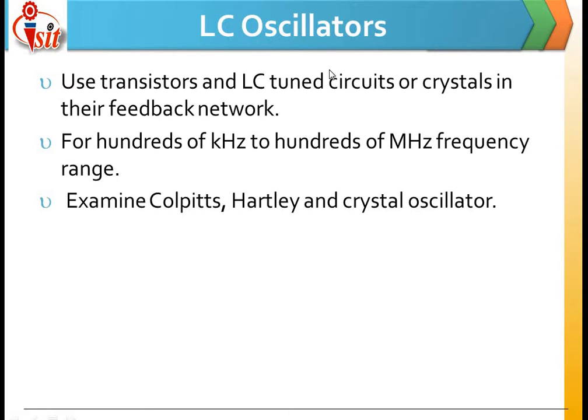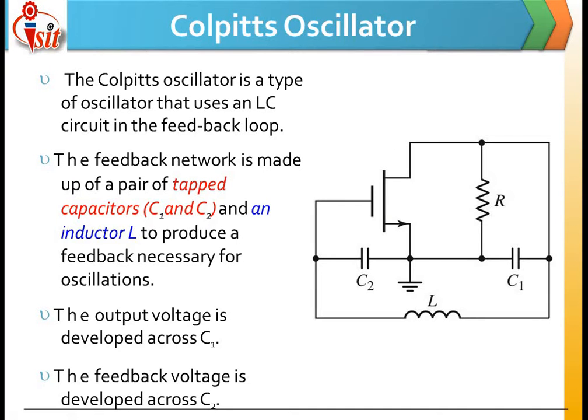For example, in LC oscillator circuit design we examine the Colpitts, Hartley and crystal oscillators. These are the three types of LC oscillator. First of all we are going to see the Colpitts oscillator. In the Colpitts oscillator, see here, the inductance is connected along with C. For that purpose this type of oscillator is considered an LC oscillator, and it will be designed